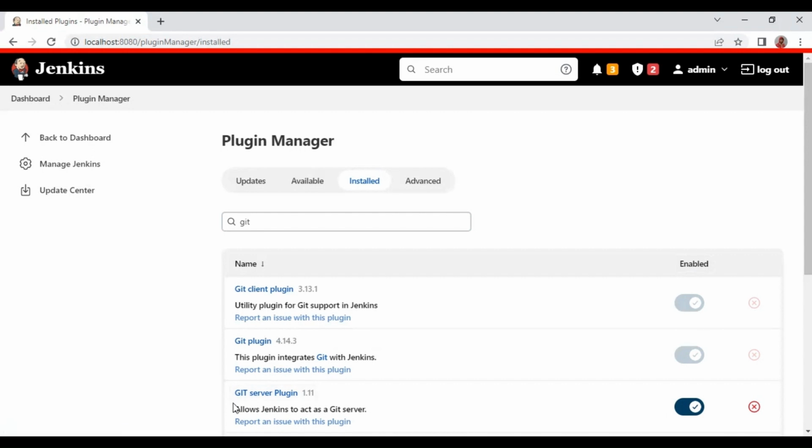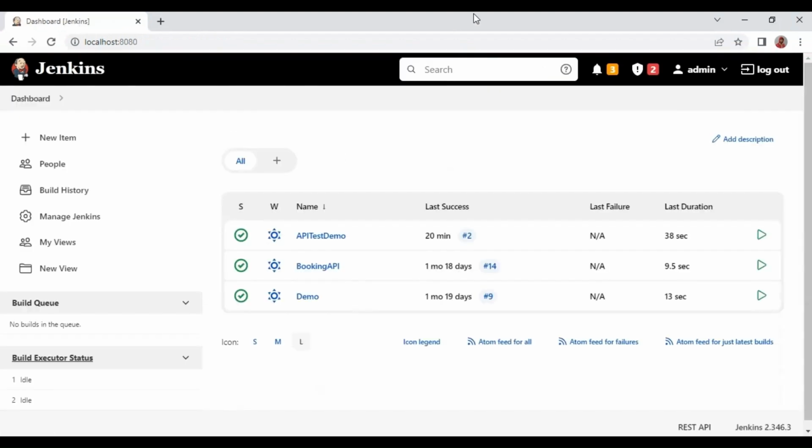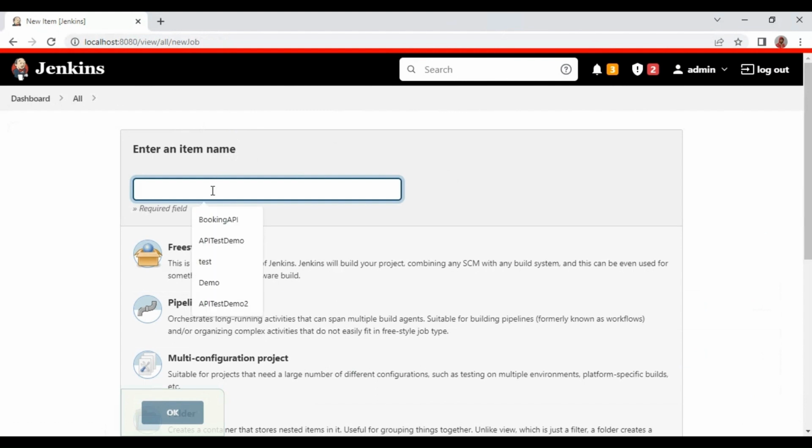You just need to install this Git server plugin, or if you are able to find the Git plugin, you can install the Git plugin also. That's not an issue. Once you have installed the Git server plugin in your Jenkins, you can go to the dashboard and simply click on New Item, and here you can provide the Jenkins job name. So here I'm adding the Jenkins job name as